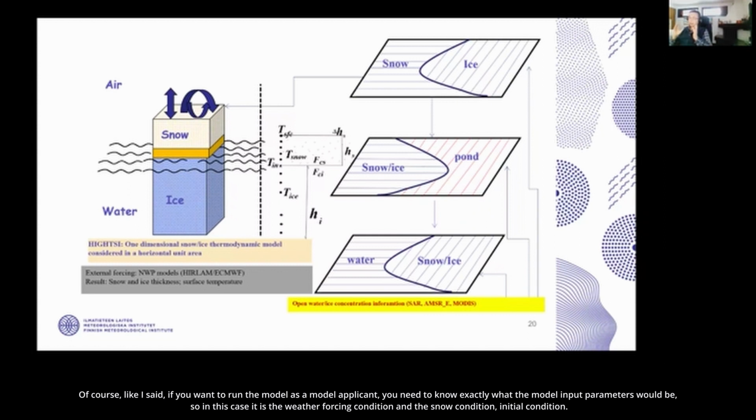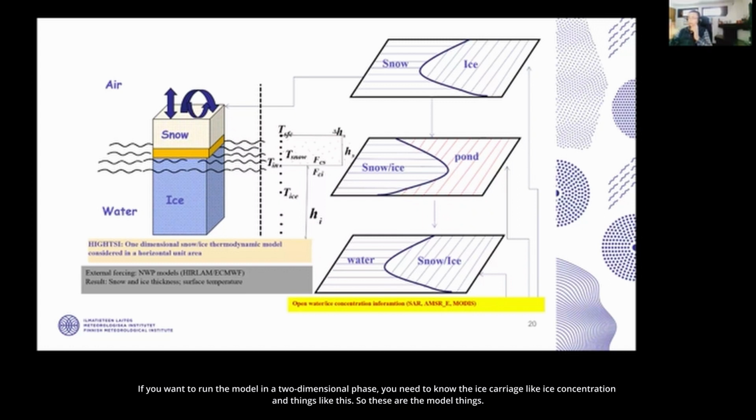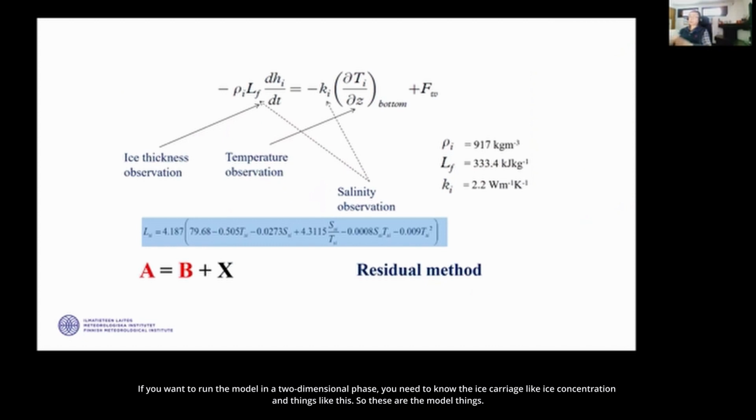And of course, like I said, if you want to run the model as a model applicant, then you need to know what exactly the model input parameters would be. In this case, it is the weather forcing condition, and also the snow condition, the initial condition. And if you want to run the model in two dimensions, you need to know the ice coverage, like ice concentration and things like that. So these are the model things, and